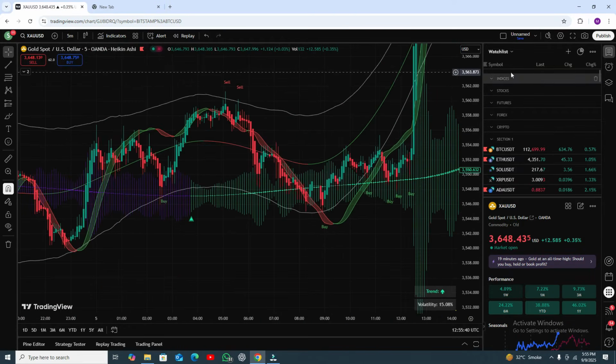So here you can see when the clouds are green. Remember, clouds are green, and the RSI must be below the lower band line. So this is your buy position. The cloud must be green, and the RSI must be below the lower band line. Forget about the buy and sell signals. Just forget about the buy and sell signals.